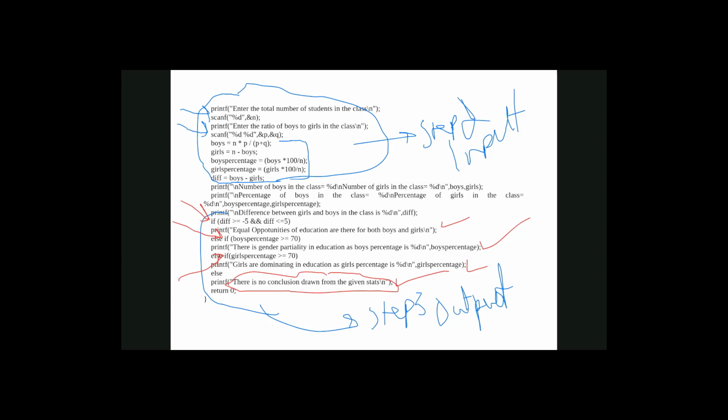So we start this session from three steps. What are those steps? Create the memory. Second step is to provide the input, and the third step is to print the output. But output cannot be simple. Output can be based on the conditions. Here we have three conditions, but output is only one based on the condition. If the first condition is true, then this will be printed. If the second condition is true, this will be printed. If the third condition is true, this will be printed. If all the conditions fail, then this will be printed. Four outputs are there, but only one will work. Why only one will work?